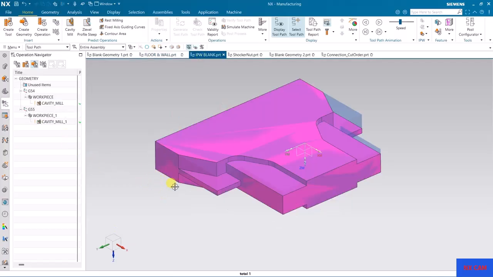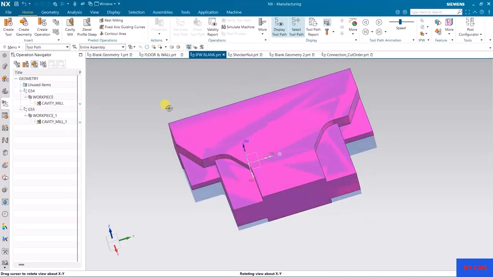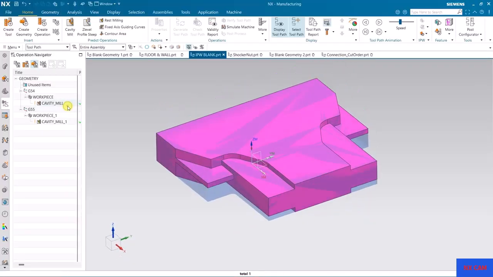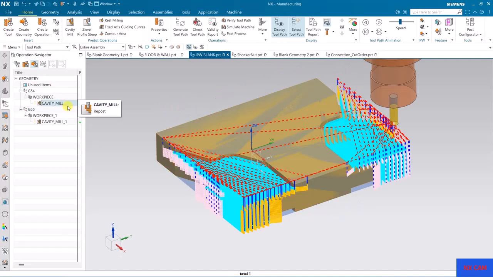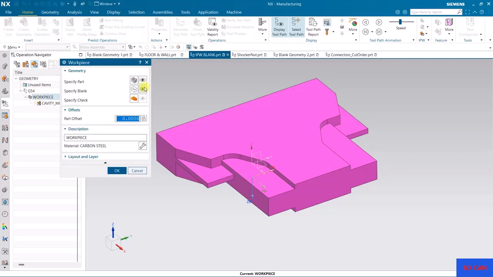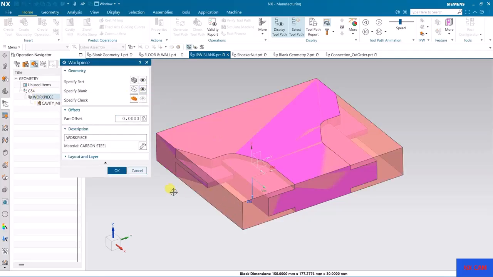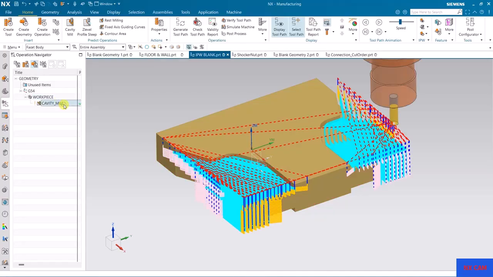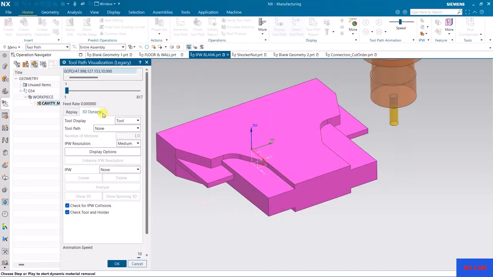See, for the first case, I'm going to delete the second one so that I can show you what I want to tell you. Right, so this is the part, and if you see, the blank is this bounding block, and here is the operation.